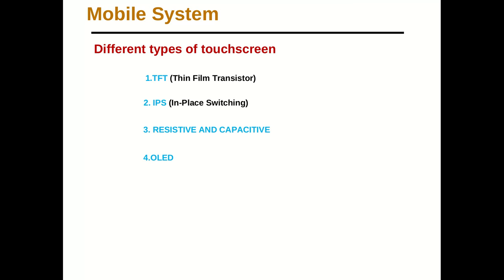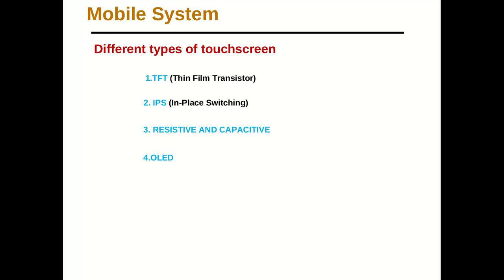The last and important one is a new technology called OLED. OLED refers to organic light emitting diode. It's a newer technology used in mobiles and monitors for display. They are better than LCD because they offer fast response times, wider viewing angles and high brightness. AMOLED means active matrix organic light emitting diode.